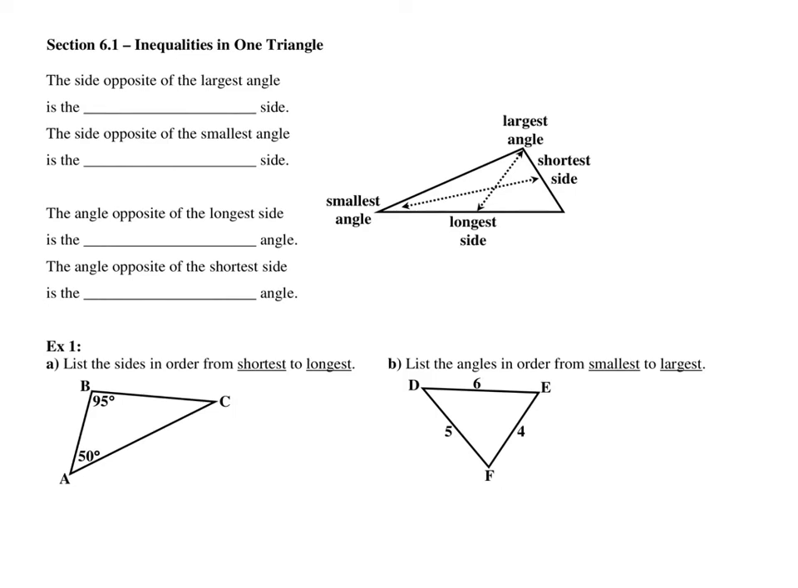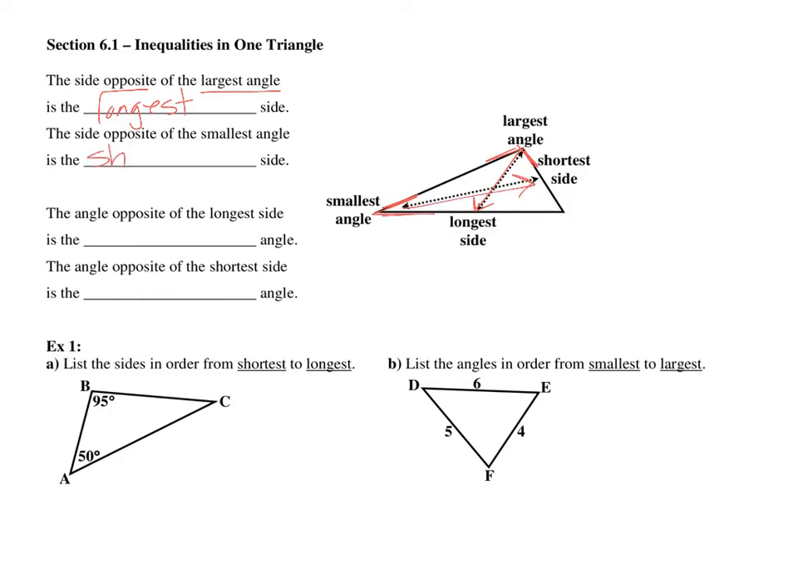All right, starting section 6.1, inequalities in one triangle. Now, the side opposite of the largest angle, here's the largest angle. The side opposite to it would be the longest side. All right, and the side opposite of the smallest angle, here's the smallest angle, the side opposite to it would be